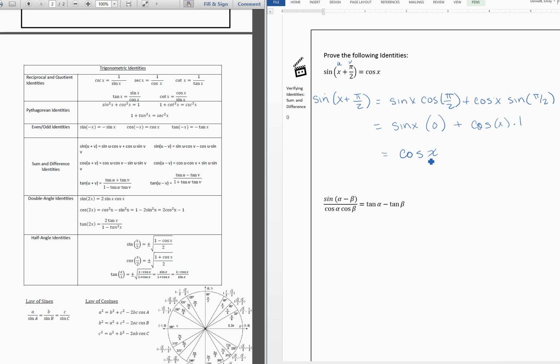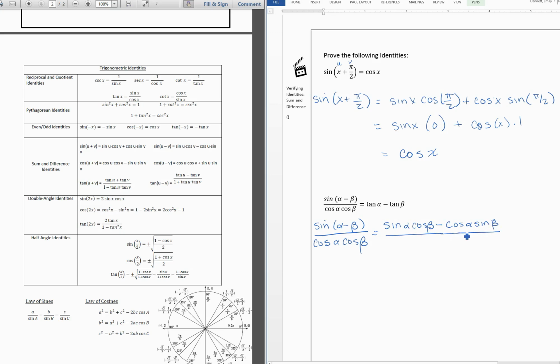Okay, next we want to show that sine of alpha minus beta over cosine alpha cosine beta is equal to tangent of alpha minus tangent of beta. So we're going to start with the left-hand side, sine of alpha minus beta over cosine of alpha cosine of beta. We're first going to use the identity for sine of alpha minus beta. So we can rewrite that as sine of alpha cosine of beta minus cosine of alpha sine of beta